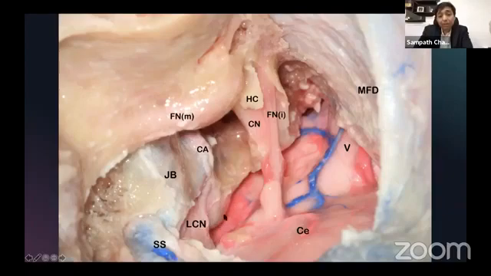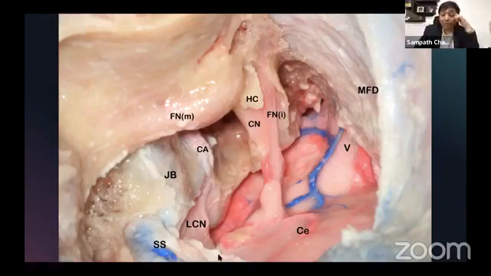Okay, so this is again discussed in my last webinar. This is the jugular tubercle. The importance of it is more in lower lesions, in infratemporal fossa lesions, foramen magnum lesions. So not so much important now, but remember that medial to this is the hypoglossal canal, and more medial to it and inferior to it is the foramen magnum.